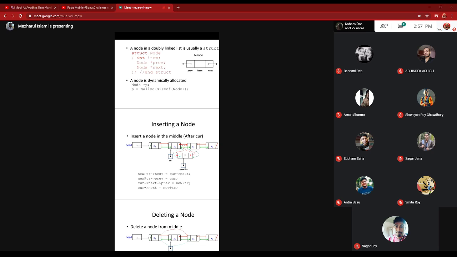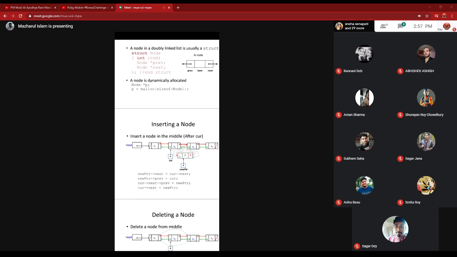Okay, and in the book, actually this particular notation will give you the error. You have to typecast it because malloc or calloc by default returns a void pointer.